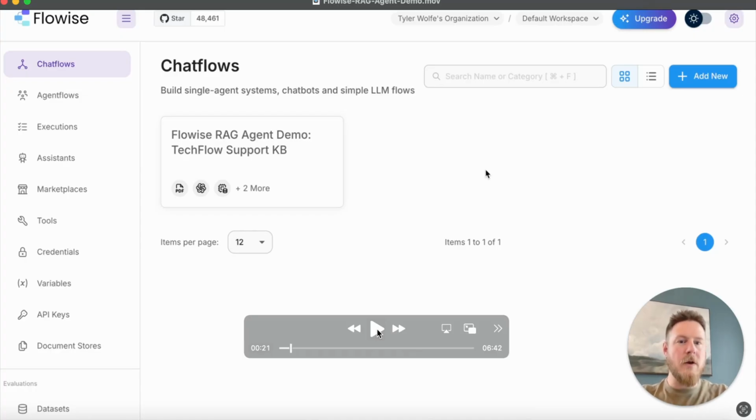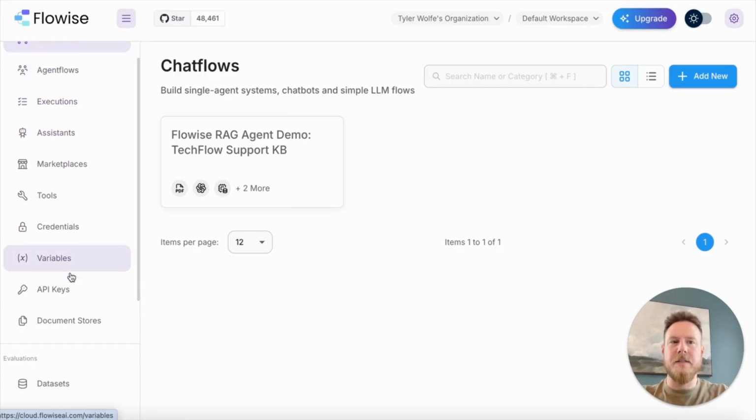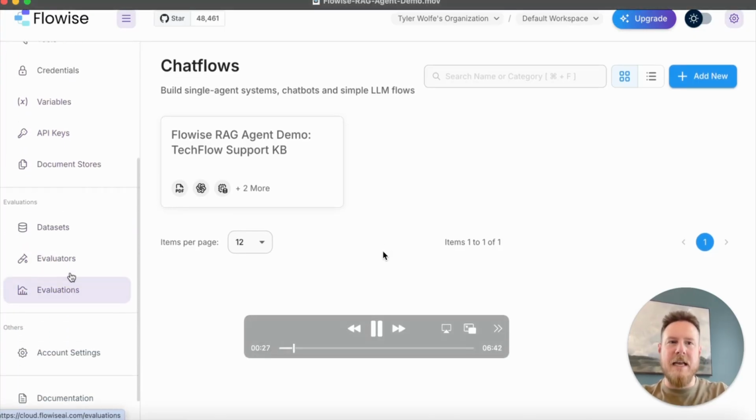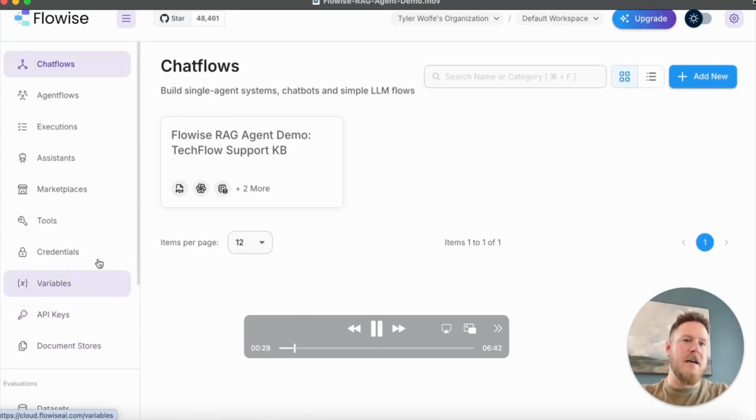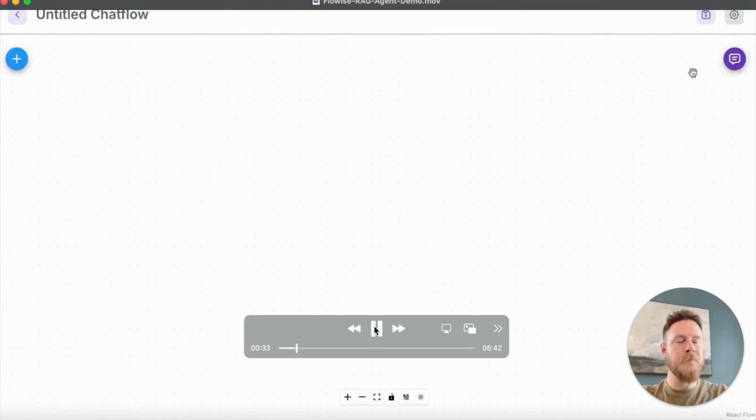Here, this is what we are going to be building. We're going to be building a chat flow. If you want to, you're welcome to explore all the other additional, more complex things that Flowise has to offer, but the easiest way to get started is by creating a new chat flow. So that's what we're going to do here. You'll just navigate over to that big plus button on the right hand side and click Add New. Once you click Add New, it's going to take you to the canvas.